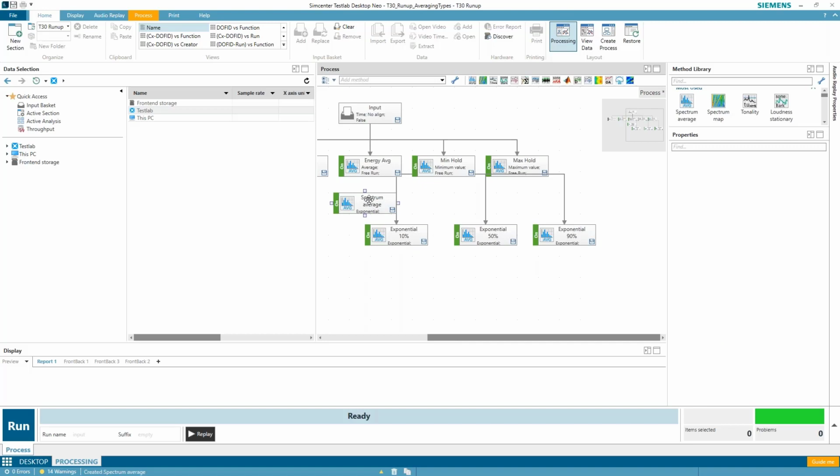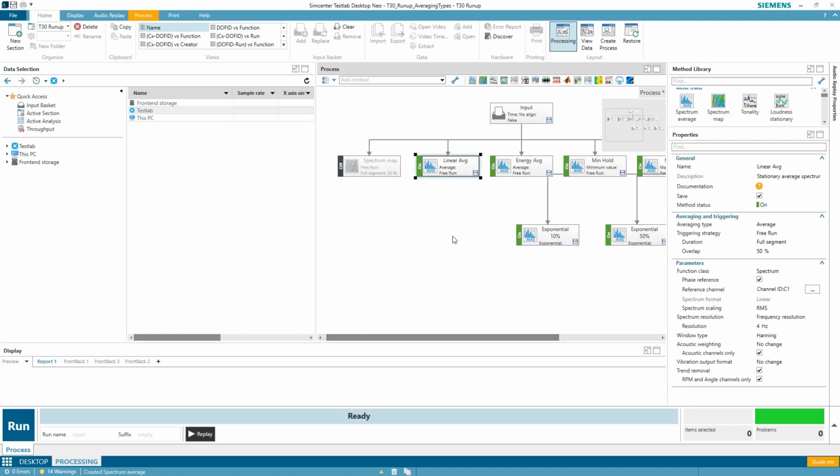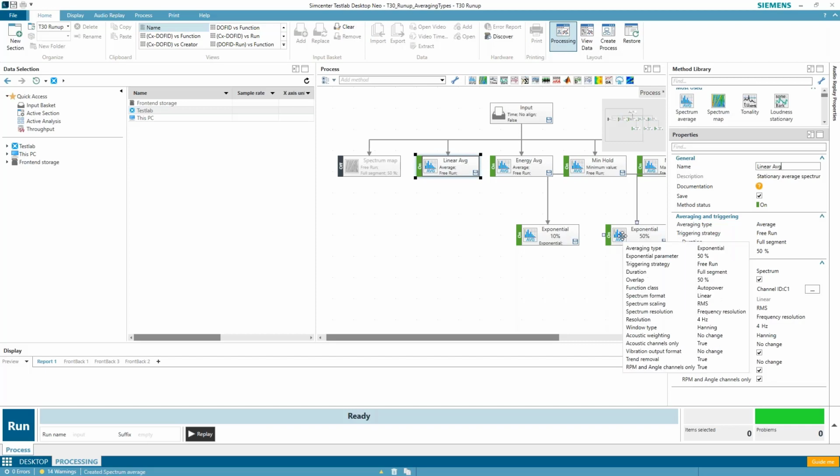And so I can come in here, and for this first one, I'm going to set it up to be a linear average. So I set this to spectrum, you see, and then did average, and I come up here and I just name it whatever I want. So this will come up in the pivot table as your creator data point. That's how I like to look at my data, is I want to know it's a linear average process or method that I sent it through. Similarly for energy average, min and max hold.